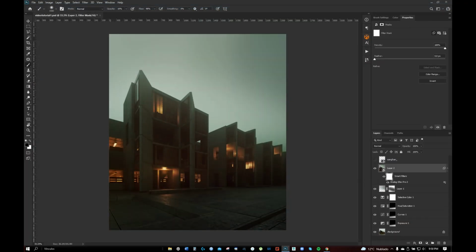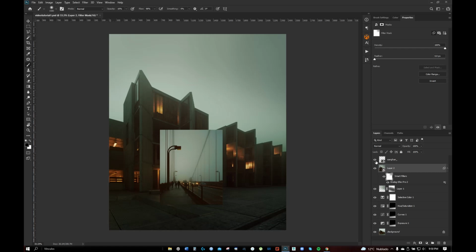Great, so I'm just going to raise the exposure a little bit in this area. And there you go. Right now it looks very similar. I have the same amount of green color here, also here, and there you go. Now basically it's done. The only thing that I'm going to do probably is